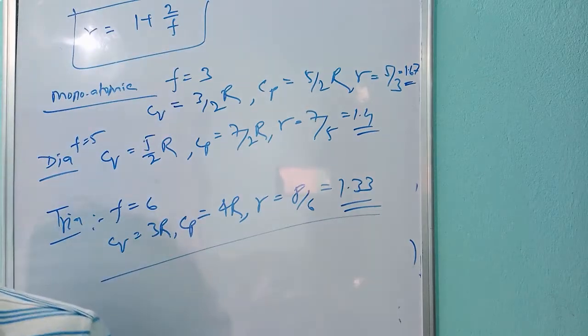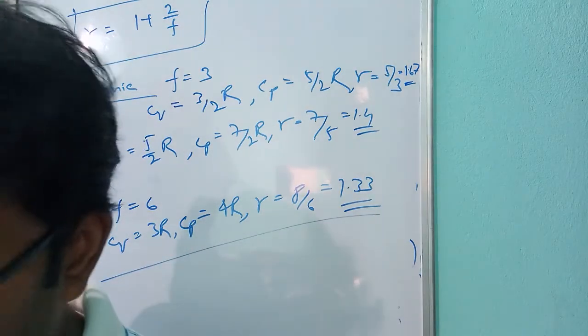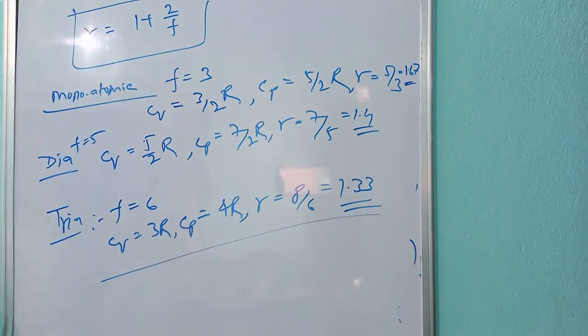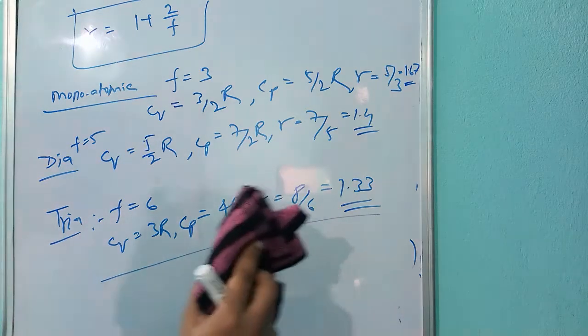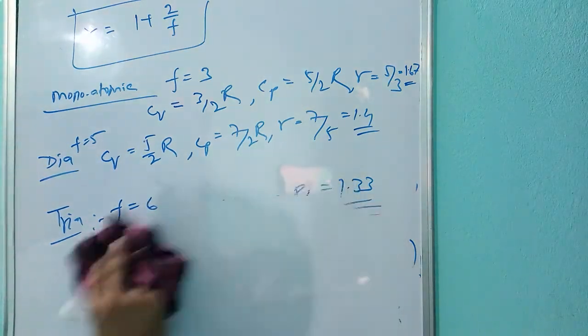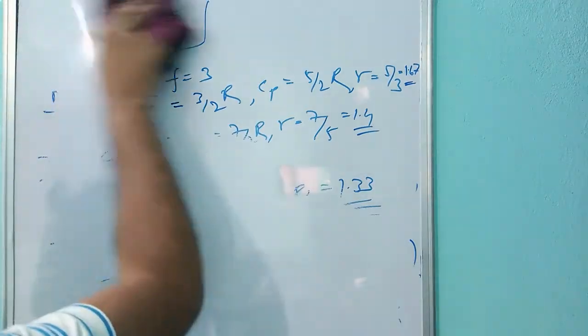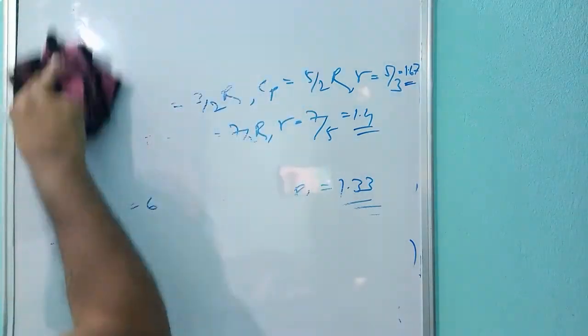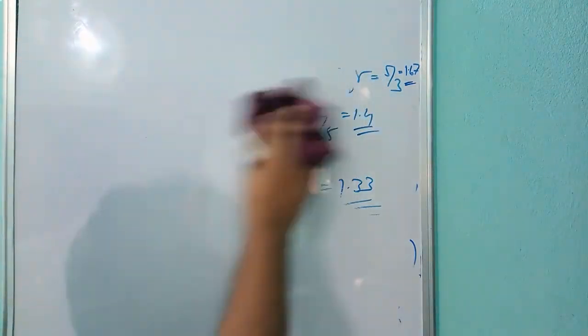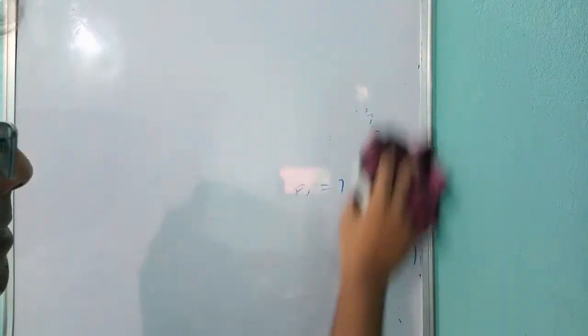So this is just for room temperature. If anyone is asking a problem at higher or lower temperature, then they will be given the value of gamma, Cp, Cv, everything. It will already be given. Okay. So now I am going to derive another formula, and I think you guys have already read about this one.